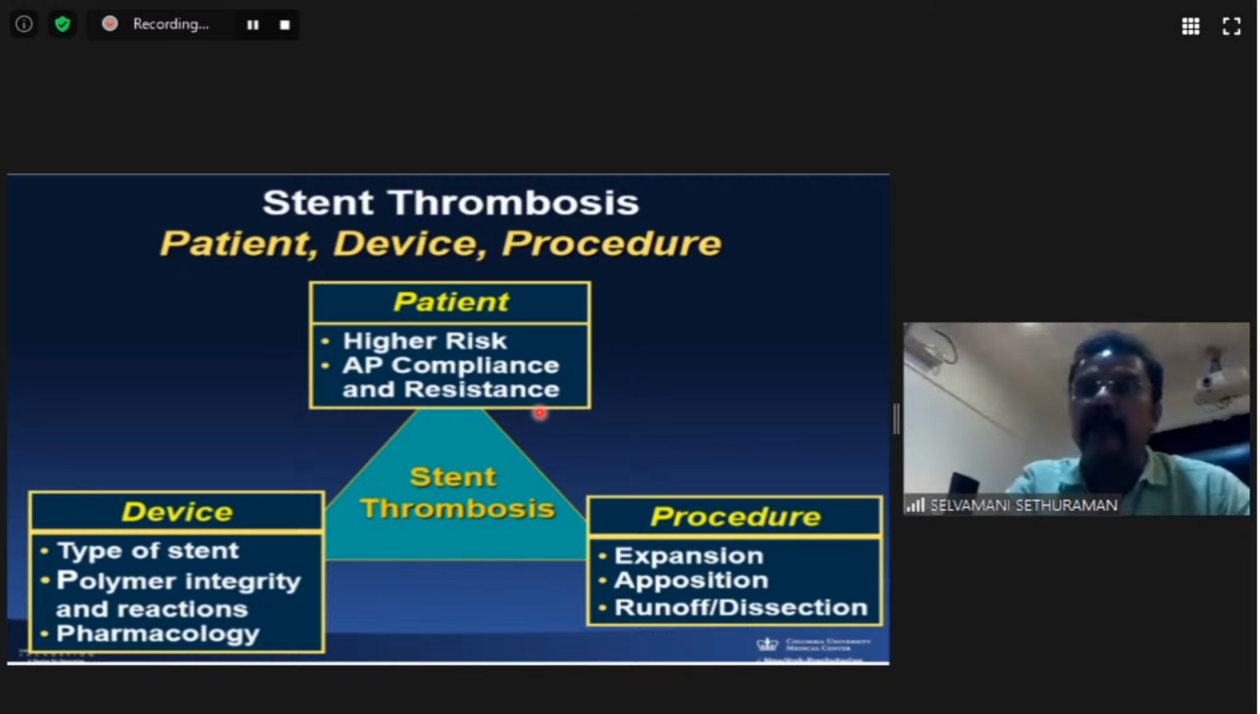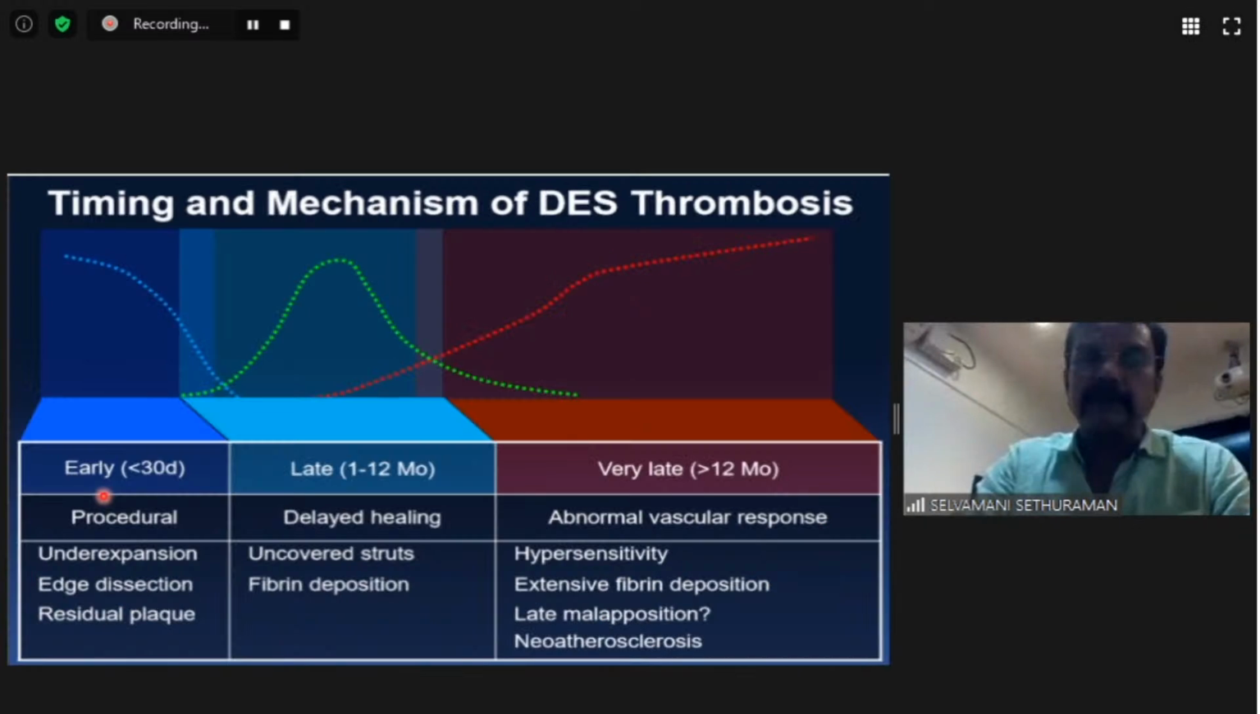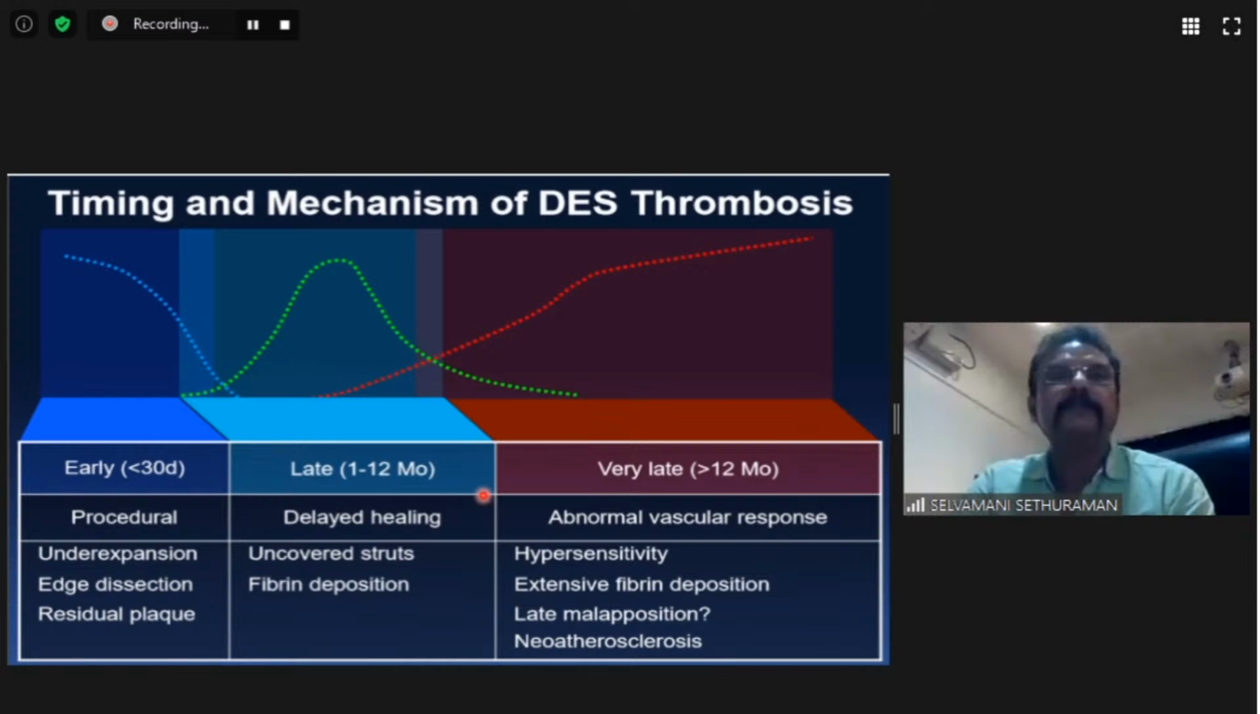Depending on the time, early stent thrombosis is usually procedure related: under expansion, edge dissection, and residual stenosis. Late is usually uncovered stents and fibrin deposition. Very late is again hypersensitivity, late malapposition, and atherosclerosis. These are some of the reasons for stent thrombosis. And what is the main reason for stent thrombosis in many trials? You see this trial, the HYBIZ trial. It is the minimal lumen area that we emphasize. That is why after stenting, if you are not getting at least 80% of the peripheral area,